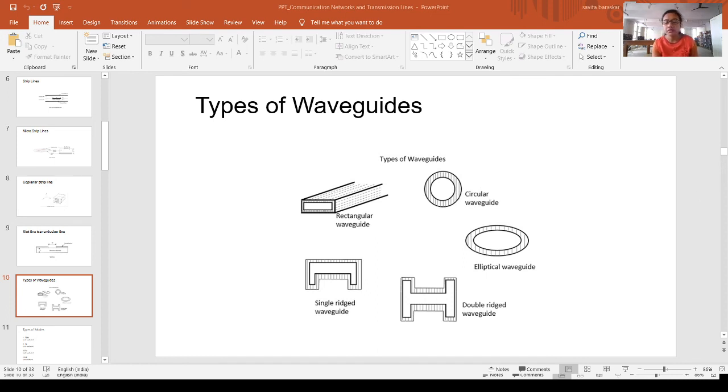So this is the introductory part of the transmission line. By this lecture we can understand what a transmission line is and what the various types of transmission line are, and in daily life we are already using transmission line services at our home. In the next lecture we can easily understand the mathematics involved in the transmission line.